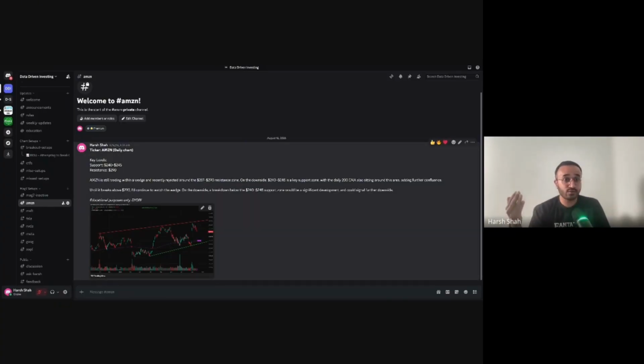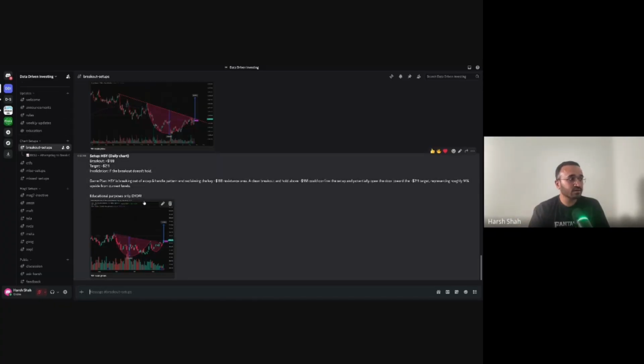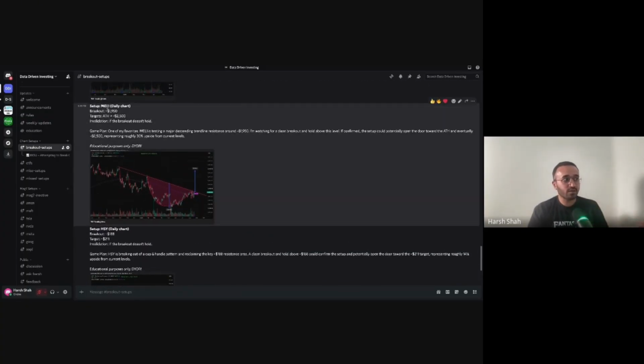I didn't know if it is going to get rejected. Since then, it pulled back around at least 10%. So it gives you some data point rather than hitting in the dark. If you look at breakout setups, here I share all the setups that I feel are strong enough. So this one was Melly, which is a very strong company, but it is getting rejected at this zone. But once it crosses that one, it is going to have a big move.